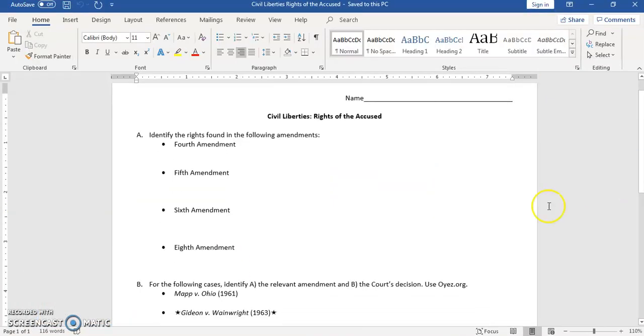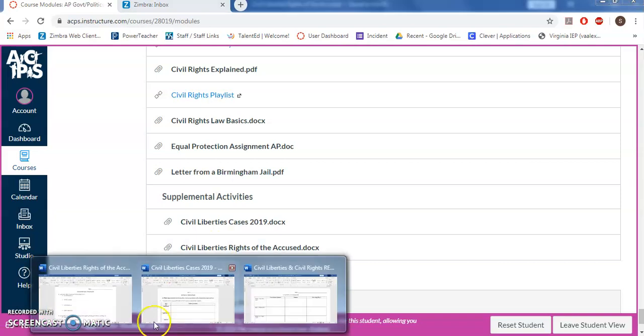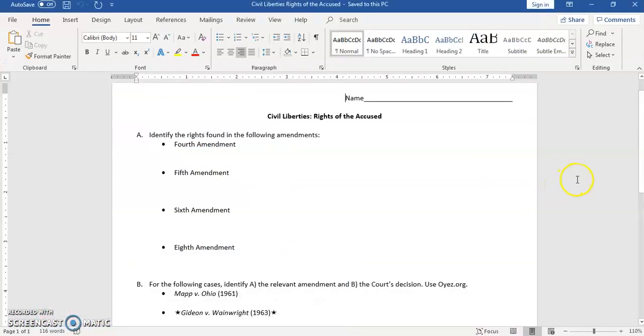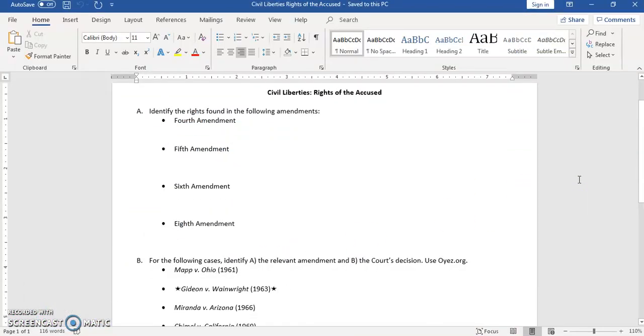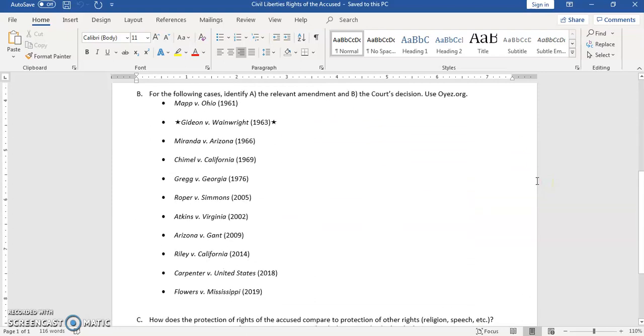But if you go to Canvas and take a look again at supplemental activities and click rights of the accused, you can go through and take a look at a few more other important cases. The rights of the accused are things in the 4th, 5th, 6th, and 8th Amendments. So use your pocket constitution or the interactive constitution online, read those 4 amendments, figure out what's in them. And then there are a bunch of different cases. Mapp v. Ohio, Gideon v. Wainwright, which is required, Miranda v. Arizona,